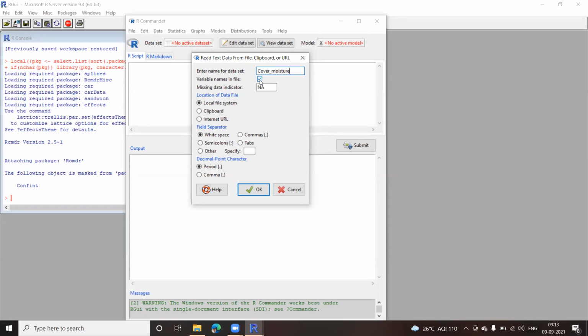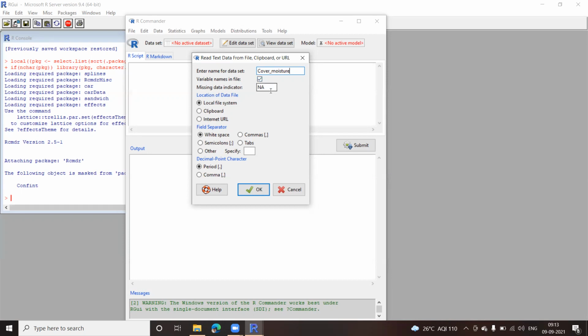Suppose you have a file which does not have variable names in it, okay, it can happen, because you are not the one who's going to create that file. Sometimes the data is provided to you by a company's head or someone who's handling the transactions and so on. So sometimes he might not give you the variable names. In that case you have to study the data and you have to define your own variables. Right now in this file we have variable names in the file, so this checkbox is ticked.